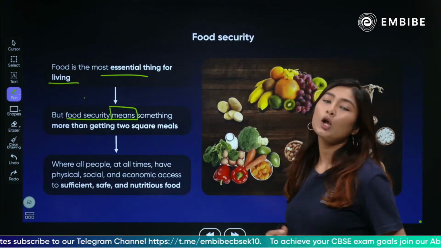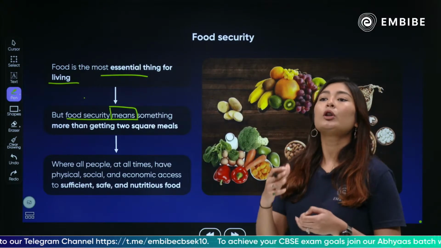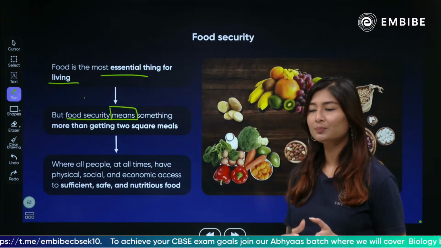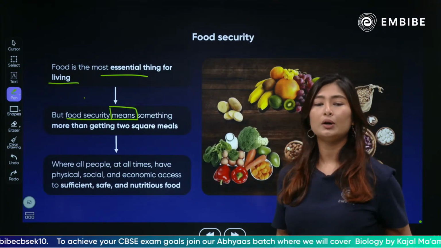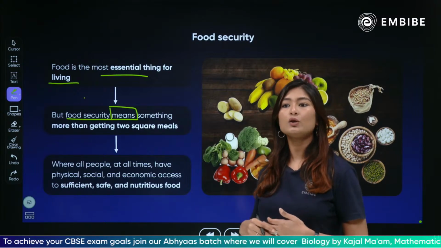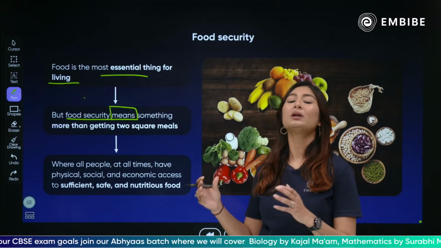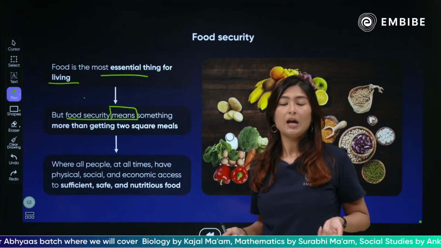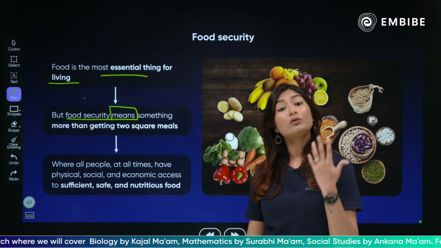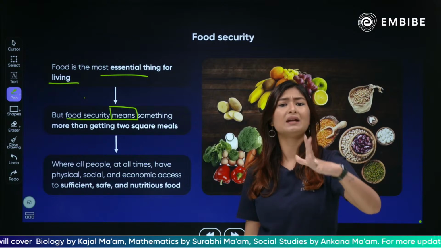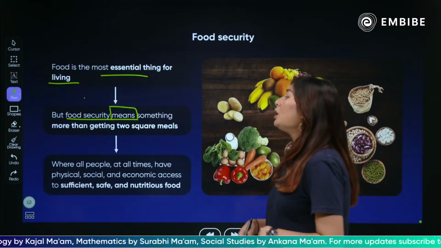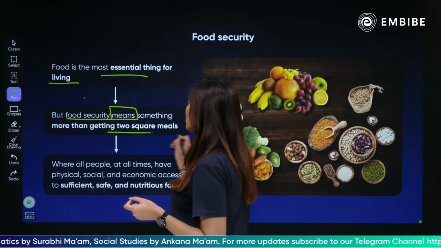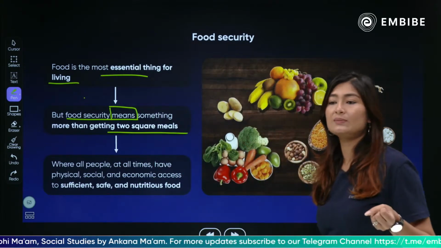So, बच्चे, फूड सिक्योरिटी का मतलब बस यही होता है. सिक्योरिटी का मतलब क्या होता है? किसी चीज़ को सिक्योर करना, इंश्योर करना, प्रोटेक्ट करना. Right? So, when you're providing food security, what we're trying to say is that we are trying to basically ensure that people have the food available for them at least twice a day, and nutritious food, not just something or anything to fill the stomach. So, food security is ensuring that people get two square meals in a nutritious manner.